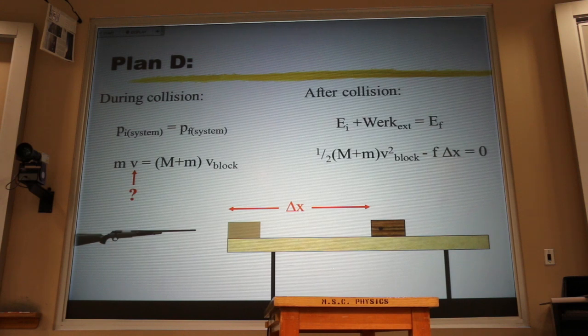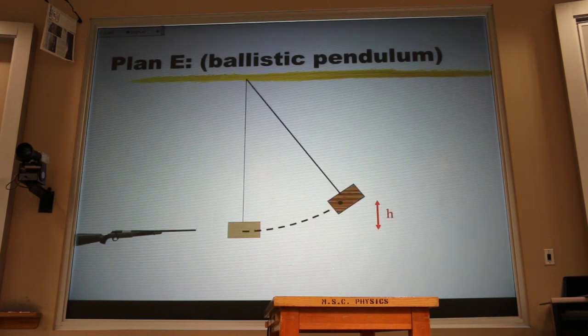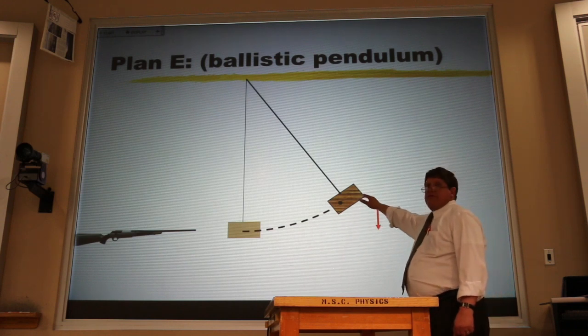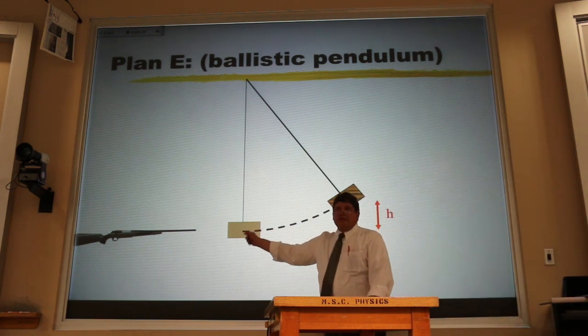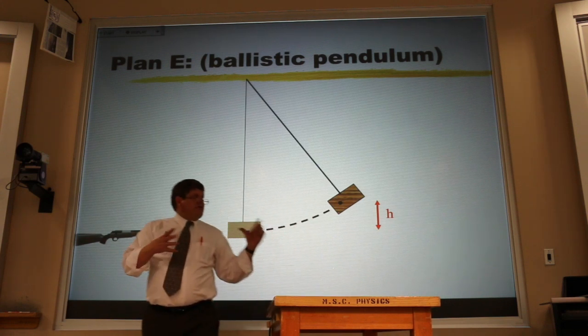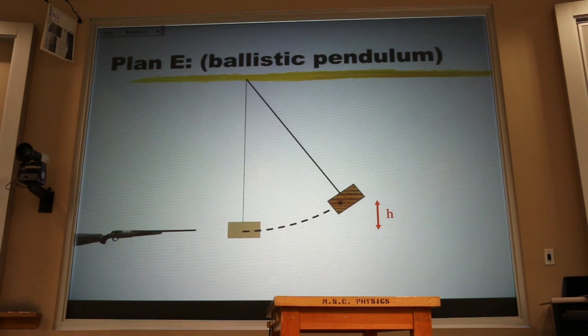Now, what's more common is for them to fire into what's called a ballistic pendulum. In that case, you fire the bullet, and that causes the pendulum to swing, and eventually it turns around to come back down. The height at which it turns around allows you to calculate how fast it was going right after the collision. So again, if you use momentum conservation, you can find the speed of the bullet. Now, we actually had setups for these things, but as I say, I apologize that we didn't get to do